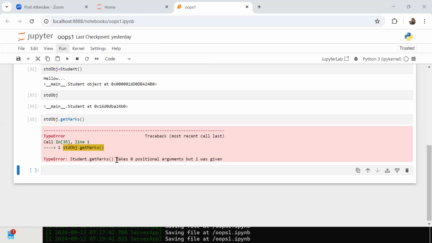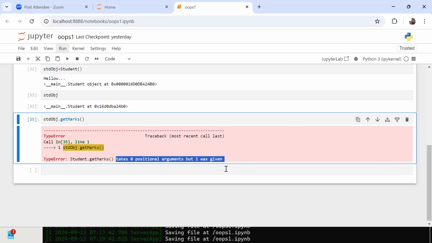See this. Whenever you call a class method, that class method you called, but internally Python is also involved. See what is that? Zero positional arguments, but one was given.